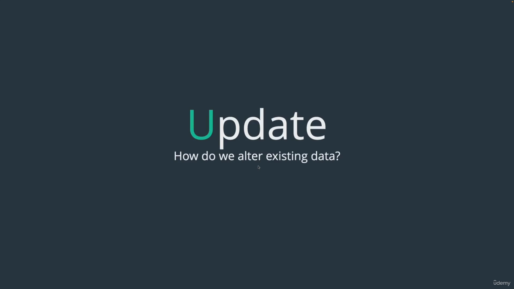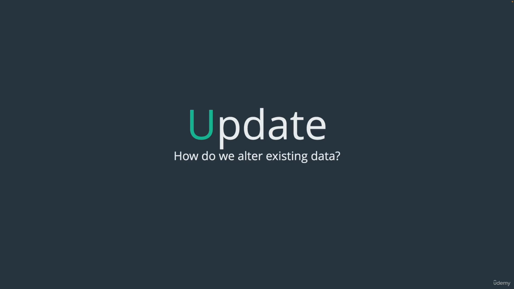So next up, we move on to the U in CRUD, which is update. How do we update existing rows in a table? This is something we do pretty frequently. We certainly insert and select more often than updating, but it still is really common to need to change data